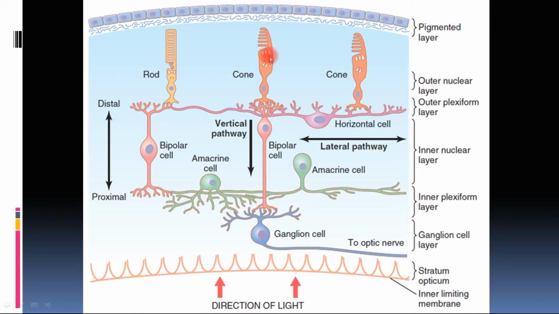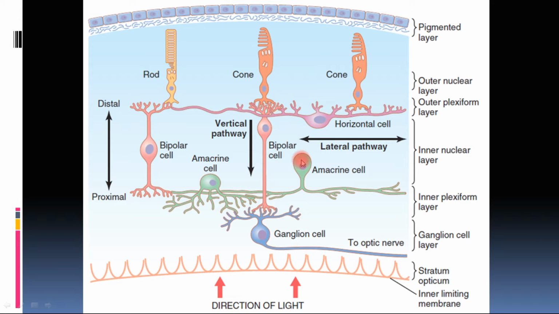We will further see in detail the structures of rods and cones, but the second layer formed is the layer of rods and cones, which is the outer nuclear layer. As you can see here, the nuclei of the rods and cones are present in the outer nuclear layer. Okay, and then comes the outer plexiform layer. Plexiform means it is a connection between the outer cells, the rods and the cones, and the inner cells, that is the bipolar cells, and the axons and the dendrites are connecting here in the outer plexiform layer.